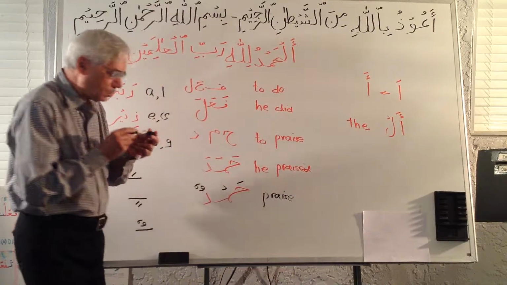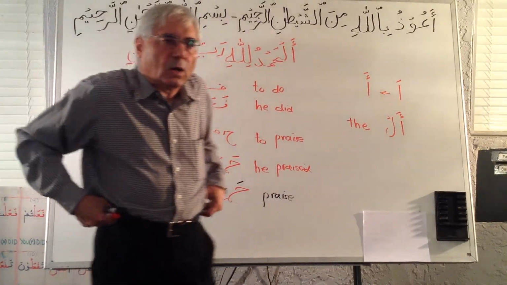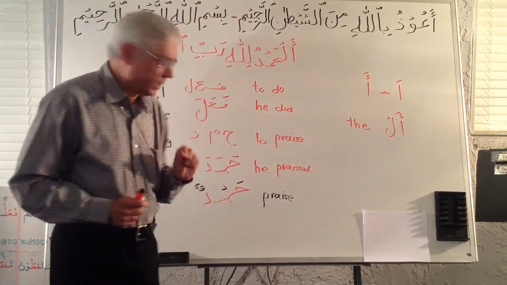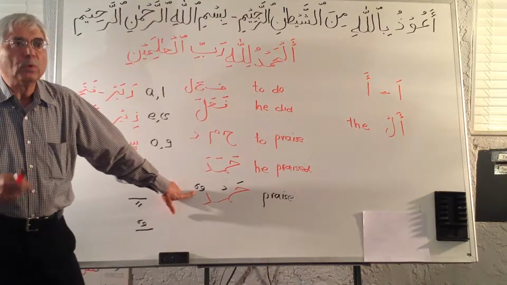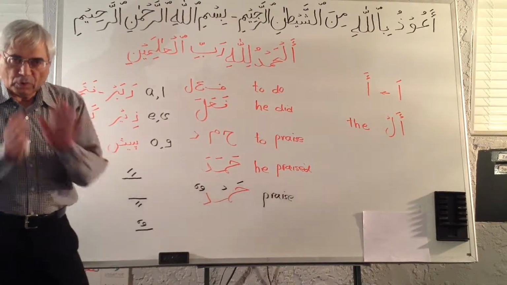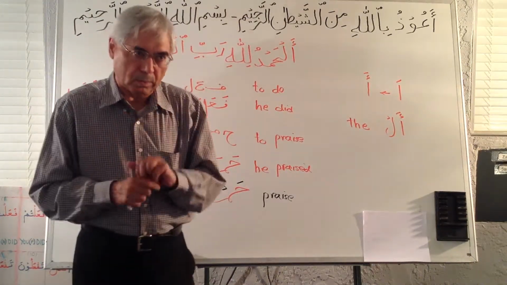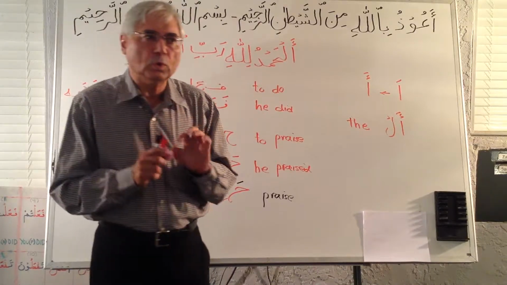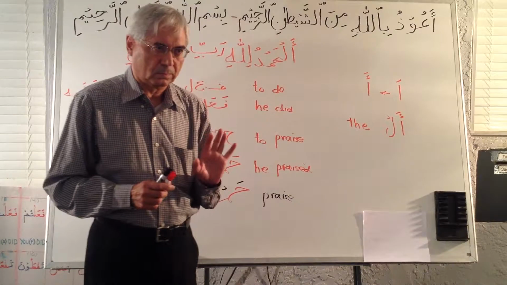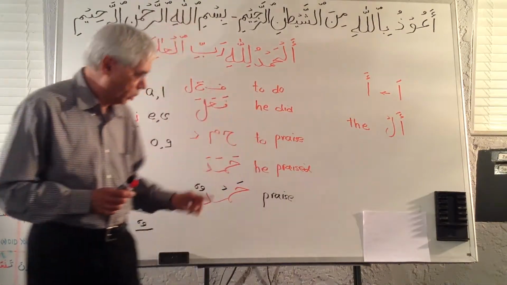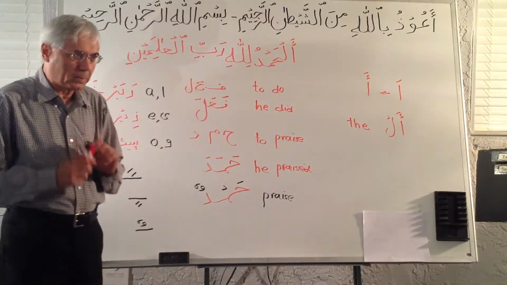It's very important to know that in Arabic, all the nouns end with the sound of two dhammas. Hamdun. If you stop, you say hamd. But if you are telling someone the full word, it is hamdun. The full word is kitabun. Two dhammas. If you stop, you say kitab.